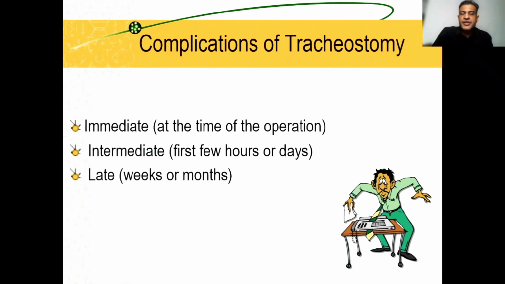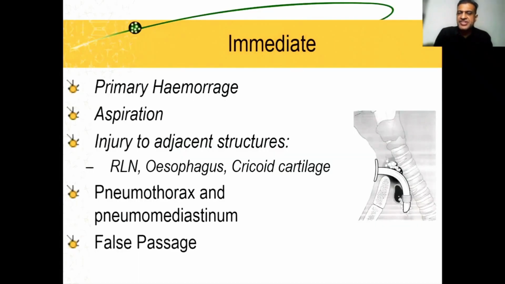So complications of tracheostomy we divide into immediate, which happens during surgery, intermediate, within a few hours or within a day, and late complications. The immediate complications: whenever we incise this vascular area, there is a chance of primary hemorrhage. One of the most common vessels that can be damaged is the anterior jugular vein. So be careful, any veins which come in the center, we either ligate them or retract them very